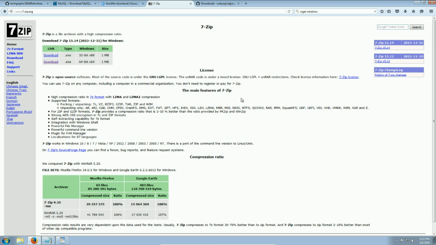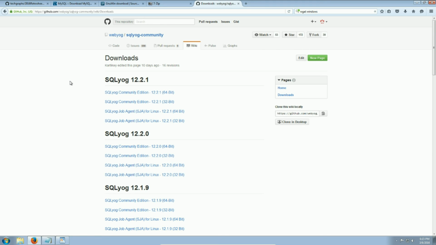So I'll close that. And then the last thing we're going to do is get SQL Yog, which can be found here. This is the GitHub page for it. So basically, we're just going to get the community edition, pretty basic. Again, 64-bit or 32-bit. I will download 64-bit and save it. And like I mentioned before, SQL Yog is basically an alternative front-end GUI, graphical user interface, to do all your tasks inside of SQL Server. I made it maybe sound a little bit more complicated than it is, but it's actually pretty simple to use,